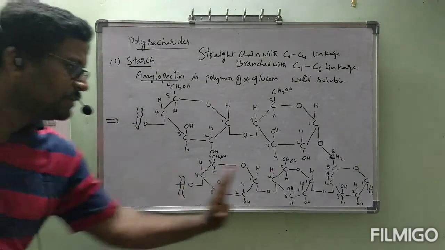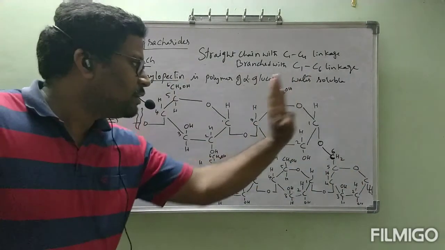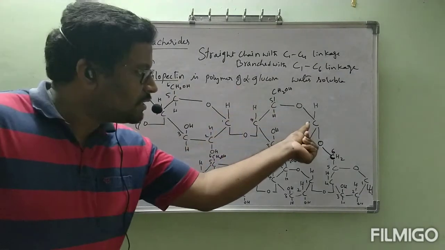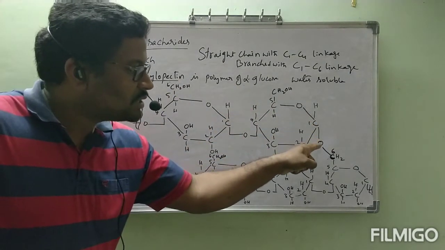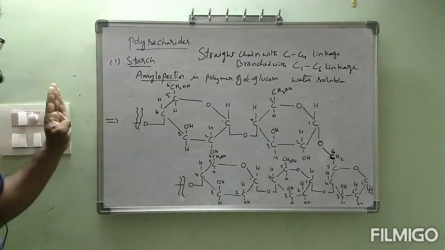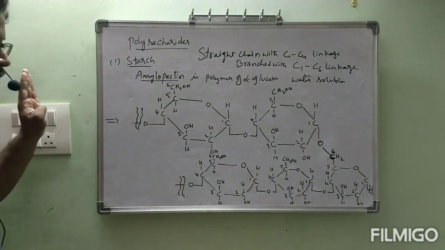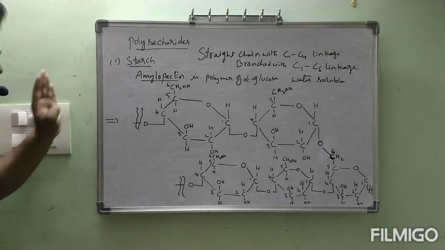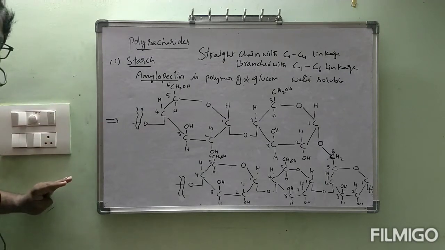This is another chain. This is the above chain. This above chain ends here because this carbon's oxygen is involved with the 6th carbon, so it stops here. It might be continued here somewhere in the last, that first carbon and this 6th carbon again will be included